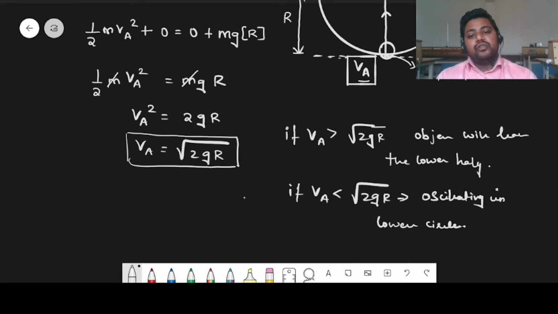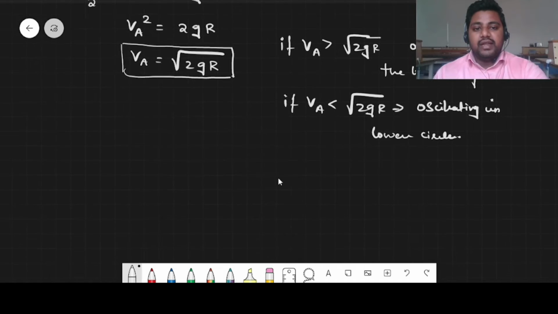Okay, so the velocity that you can give can be anything from 0 to root 2gr. The maximum velocity that you can give is going to be root 2gr if it has to be oscillating under the lower circle. Next condition, if we are analyzing